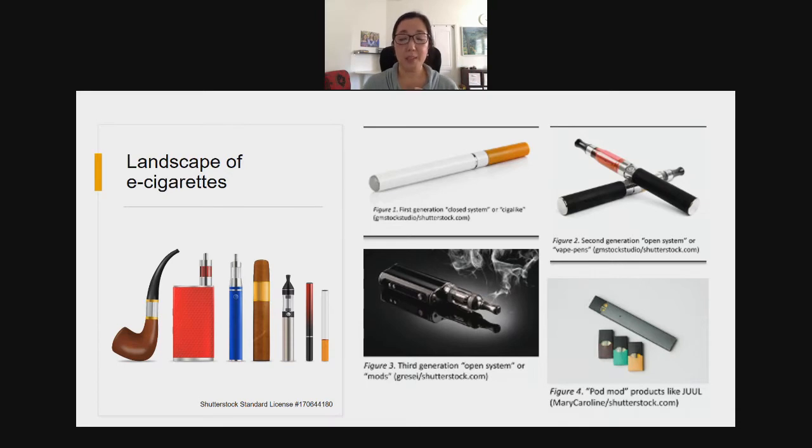It was especially popular among young people because, well, look at it. It's very attractive to look at. It's sleek, it's colorful. It kind of looks like a thumb drive. So it was very popular among young people. There were even little skins, like a little pocket you could put it in, that came in different colors and patterns. And I guess it could be a fashion statement of sorts. So that was very popular and largely contributed to, next slide, please,